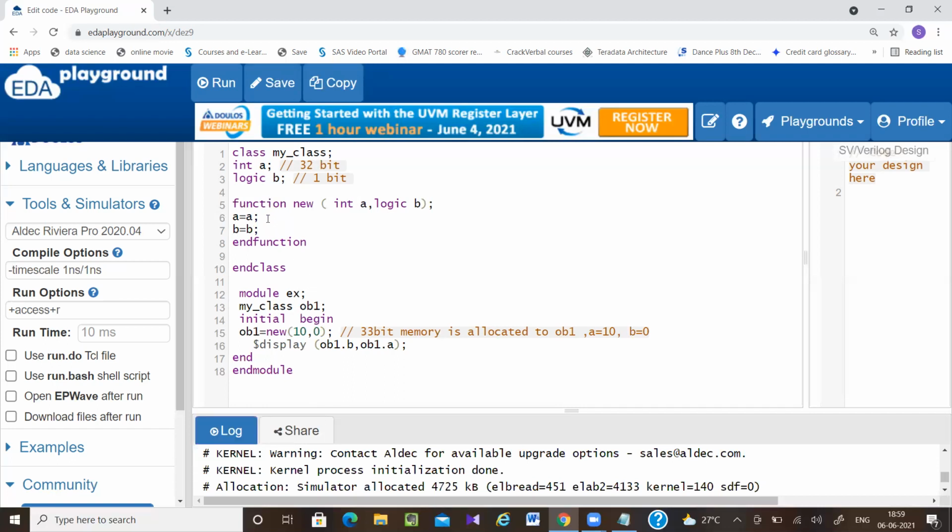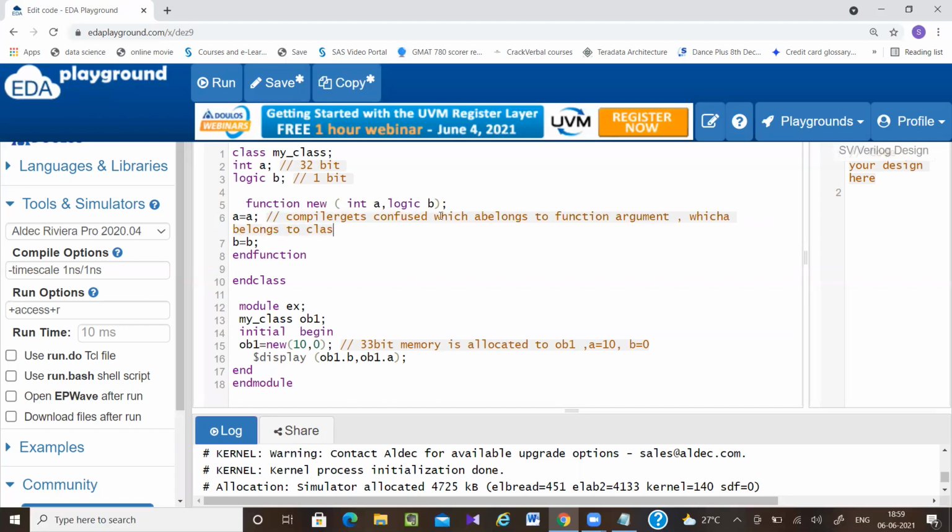Here the compiler is getting confused about which a belongs to the function argument and which a belongs to the class properties.